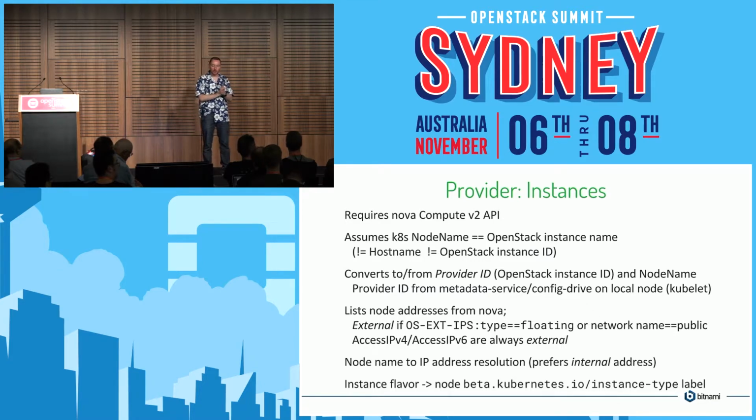If you look at the code, there's the idea of a provider ID, which is the OpenStack instance ID, and that gets reported on the status. So if you look at the node status, somewhere in there will be the provider ID, so you can find out what the instance ID is. But we can't rely on that in the code. The provider ID we find out from running on the kubelet itself. We do a metadata service lookup or config drive. So that's one of the bits of code that is called from the kubelet directly.